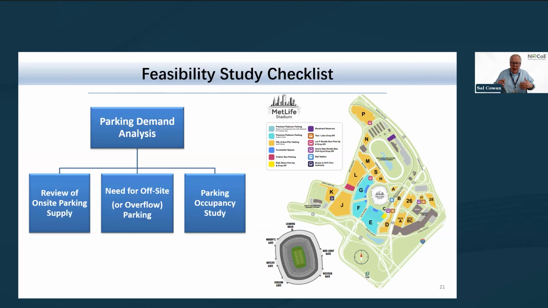And so we have to start talking about mode choice. You can't reduce parking and then expect people to just try and drive up. So we have to really have the conversation about mode choice. Why is it important? I'll give you an example. Jimmy's got 2 tickets, right? He's taking his son to the game. Jimmy lives all the way out on Long Island. Is he going to drive? Probably not. He might not have a parking spot to just show up to, especially with the cost due to the reduced supply.